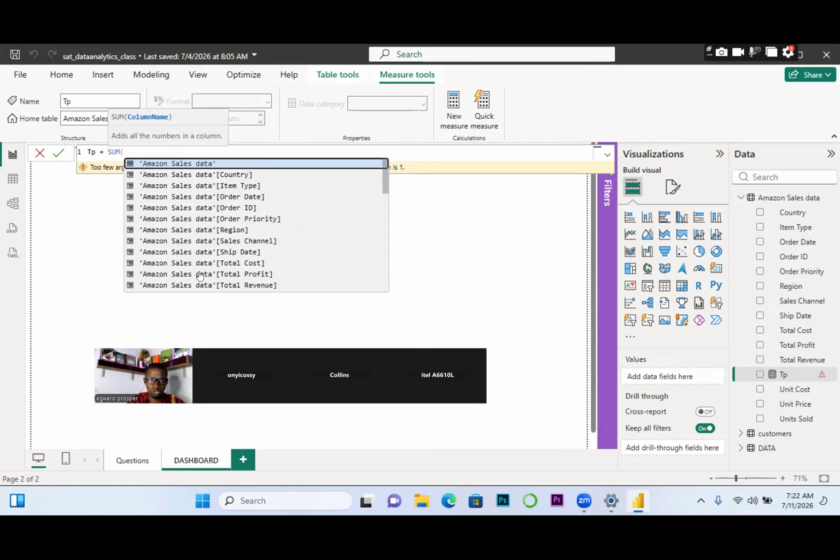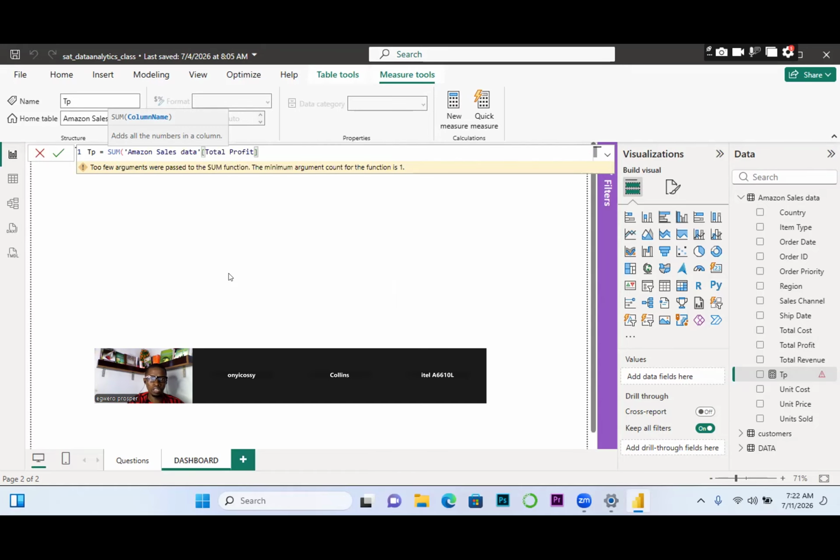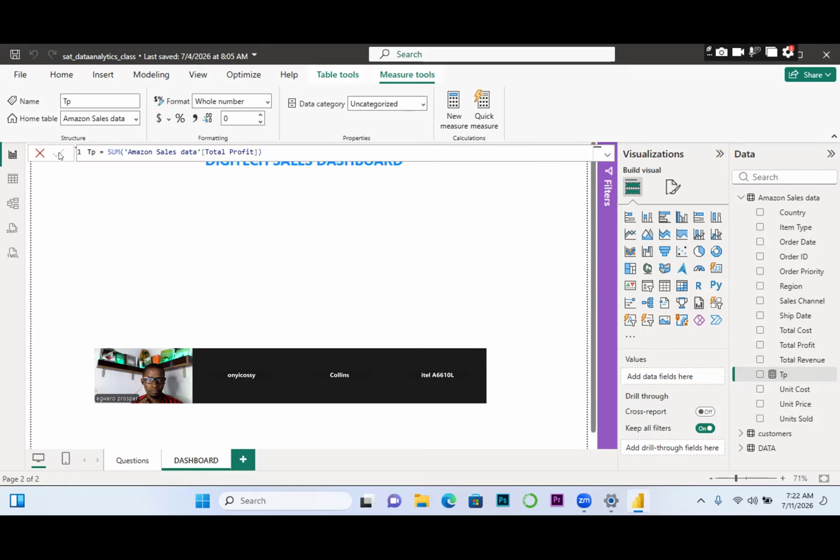How do I know the right one? You trace what the data name is. Amazon. Oh, I will know that I'm picking the one from Amazon. So you click here. Now, after that, you have to click here to commit it. If it doesn't throw any error, then you are sure that